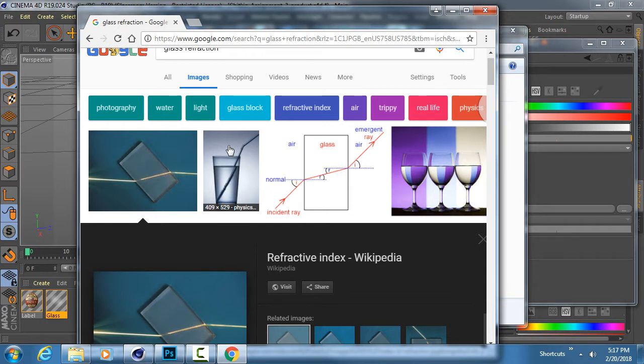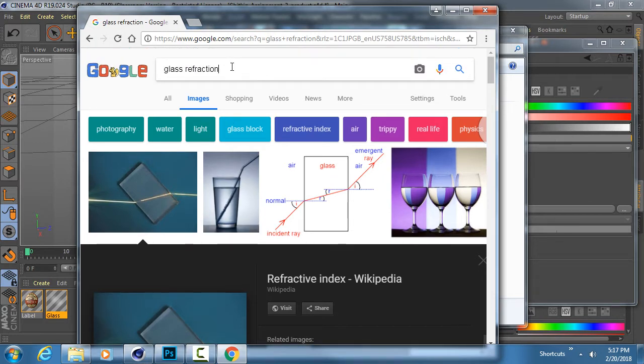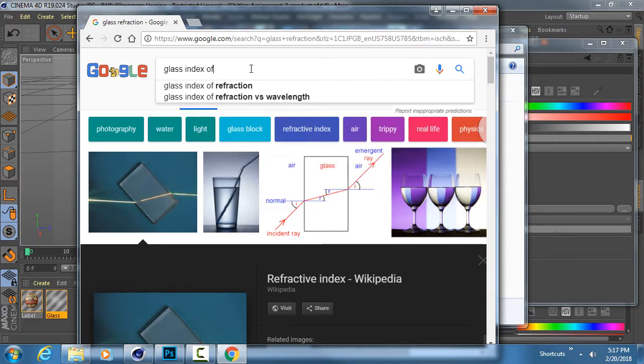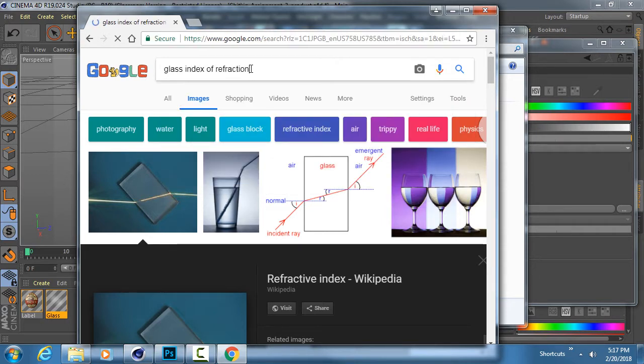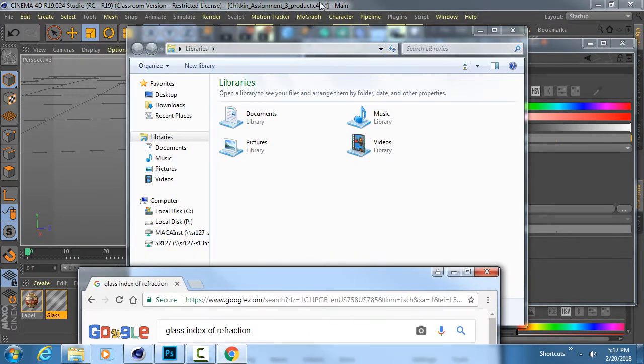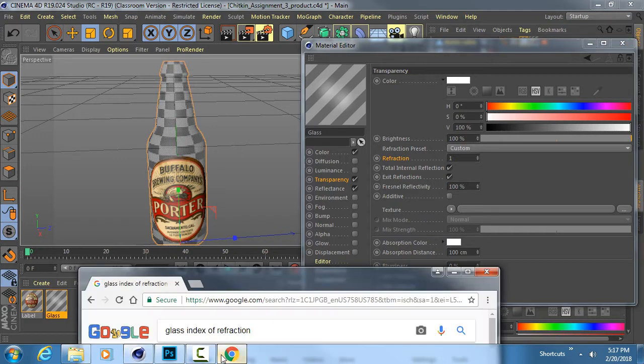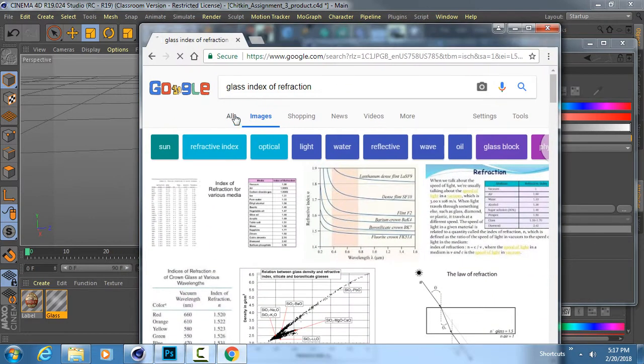And that easy hit of information that's important in this case is glass index of refraction. So if we jump back to Cinema, this refraction value at 1 is currently not bending or distorting the light whatsoever. It's basically treating the glass as if it doesn't have any refractive property. So the proper value that we're looking for